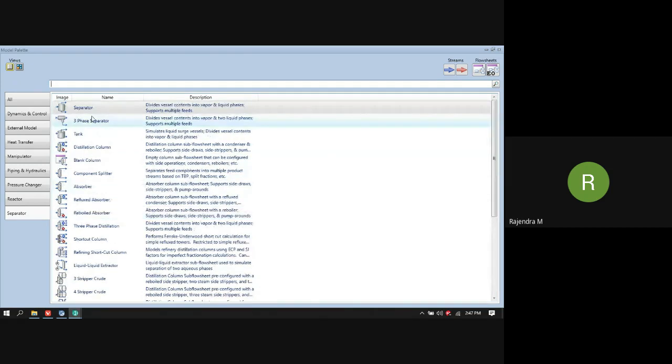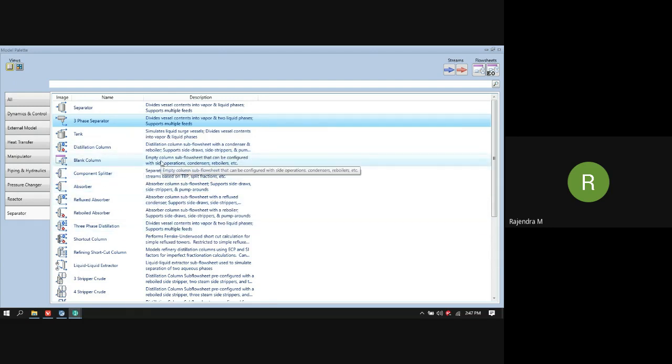For example, the separator is used for vapor liquid separation. The second tab is the 3-phase separator. Here you can see we have 2 liquid phases and 1 vapor phase that can be separated. And there is a tank, distillation column, and various types of columns.